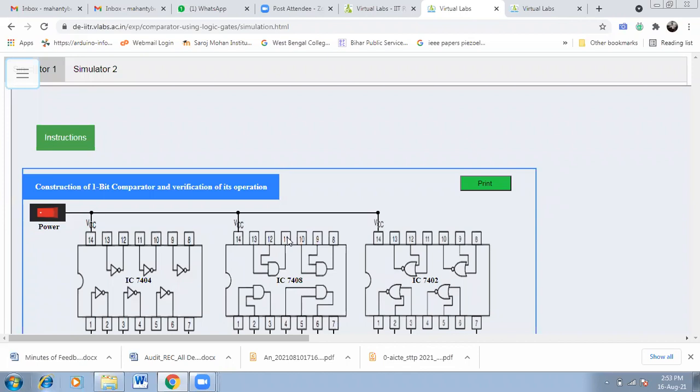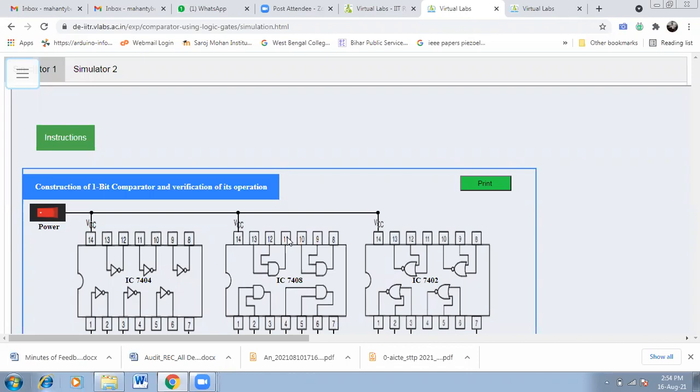But if you apply an exclusive NOR gate, XNOR gate, it will check: if both inputs are 0, 0 or 1, 1, the output will be high. So if the inputs are the same, meaning equal, it gives a high output. So for comparison purposes, in most cases we use the exclusive NOR gate also. You can have that circuit too if you go for that.